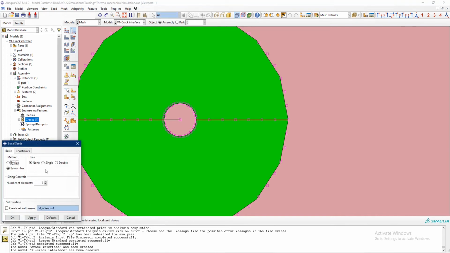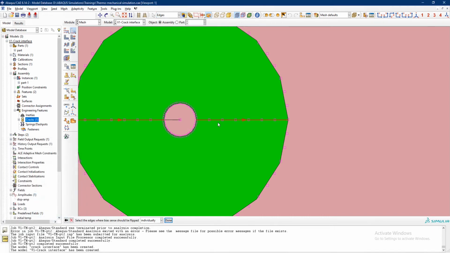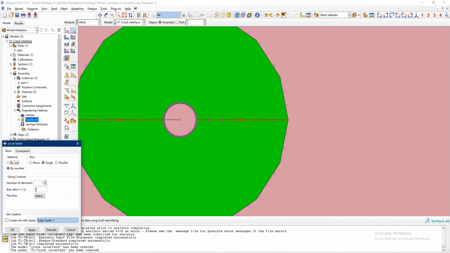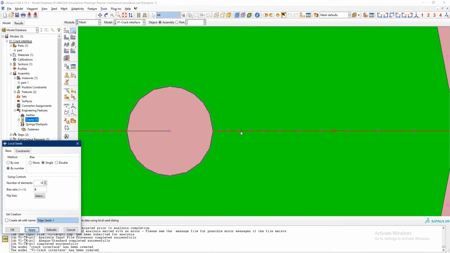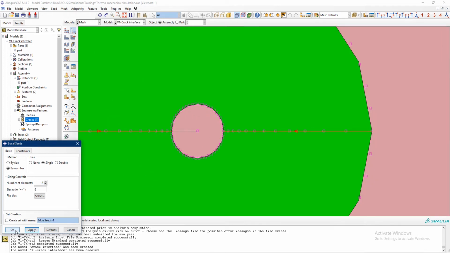This element will be quite large, so what we do here is we apply mesh biasing. So I don't know from where. Yeah, so single bias. I want to flip this bias to the other direction, and I want to see. So now you see that there is a big difference here, and it is getting closer here. Number of elements we can increase to 12. So let's see, it becomes something like this. Seems good to me, because here then we have almost same distance, bias ratio 6. I used to have a chart which seemed to work fine all the time, but yeah, for now I think this is okay,